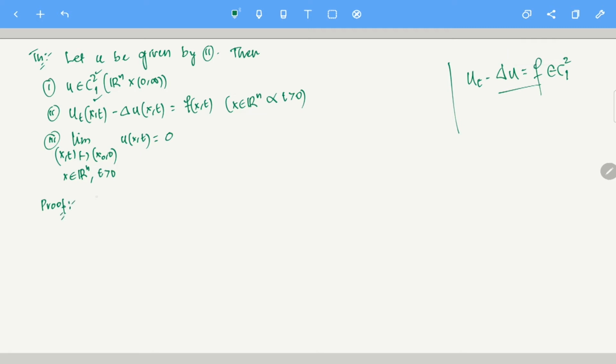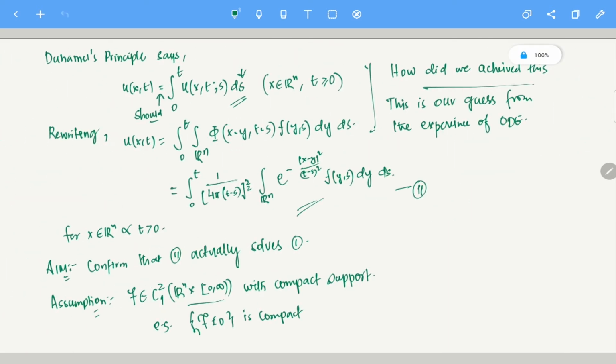Okay, so let's look at the proof of this thing and then we are done with this inhomogeneous problem. First thing first, you have this u. Now I can just take u_t minus Laplacian of u, calculate this thing, and we are done, right? But I can't do that, because if I'm taking u_t minus Laplacian of u, you see this problem has a singularity at t equals s, and this also has a singularity.